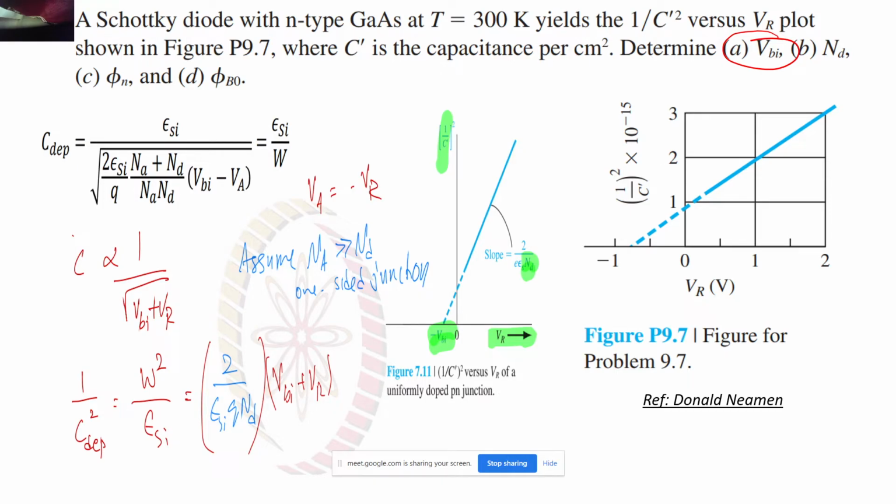How do we generally determine the value of VBI? From this W, the depletion width. I just look at the graph, just want to determine it directly in one line. You will get the answer. Yeah, see, you have the formula. You are correct. You have the formula over here, right? Now I just want to get the value of VBI. Just tell me the point, what should I do? Should I put x equal to 0, y equal to 0 to get the value of VBI?